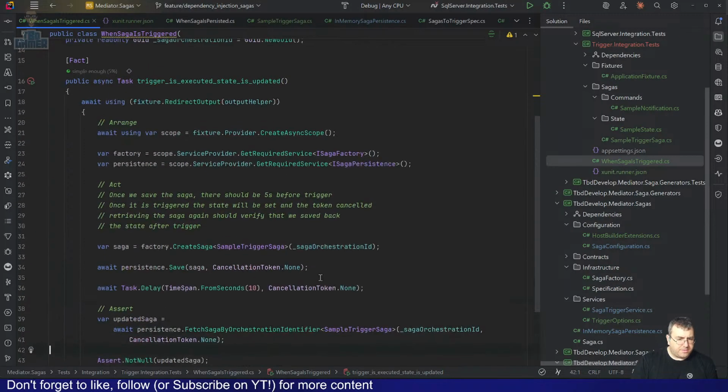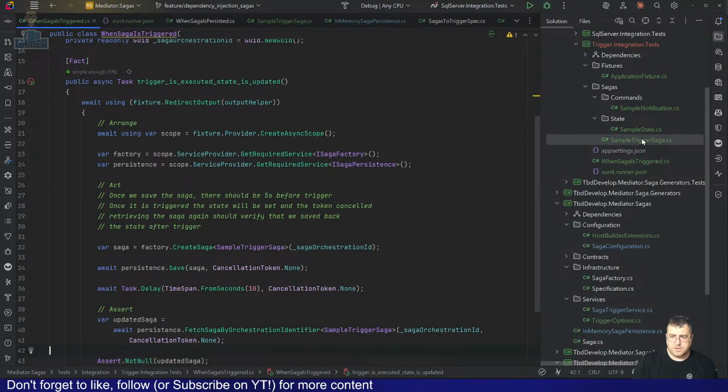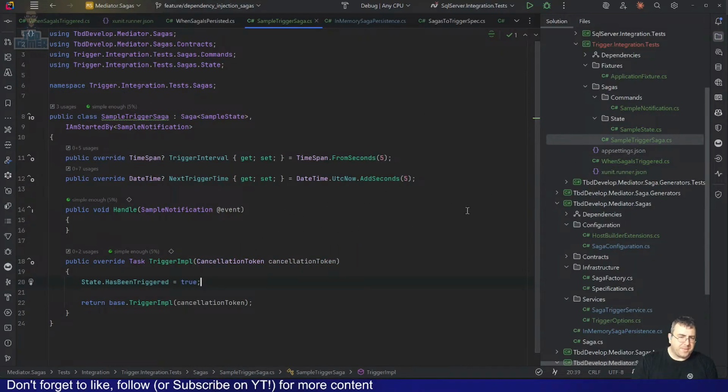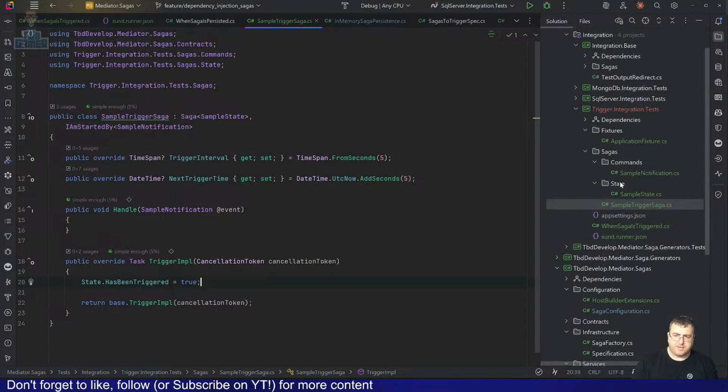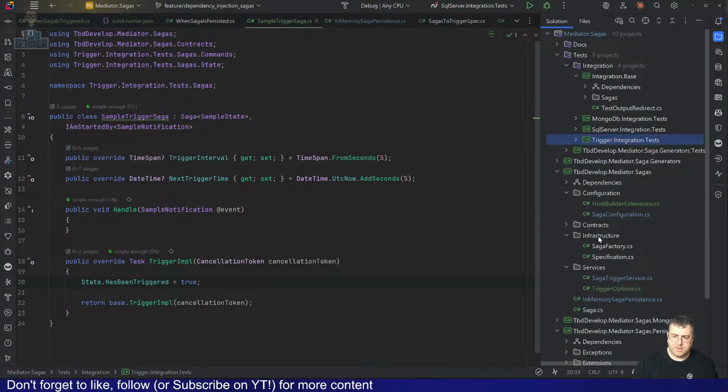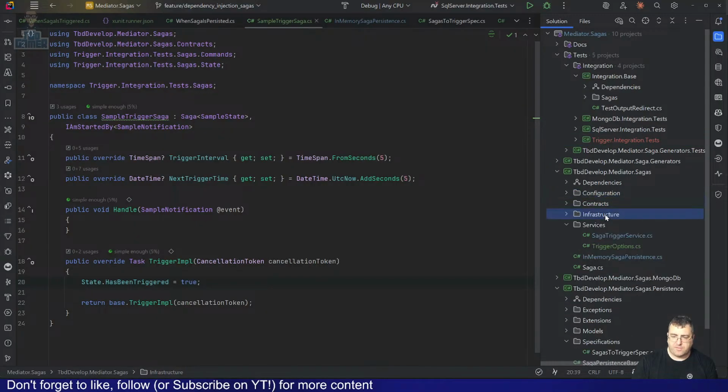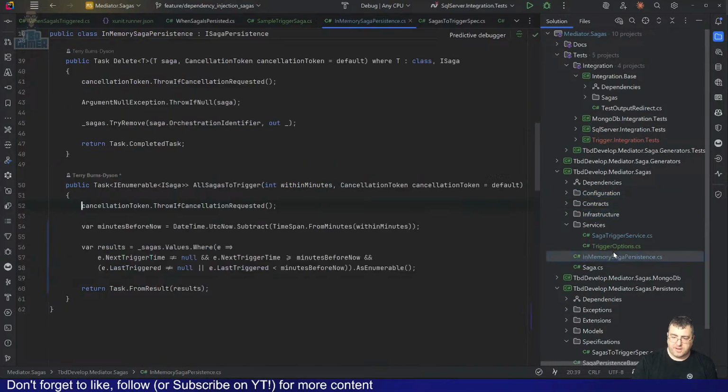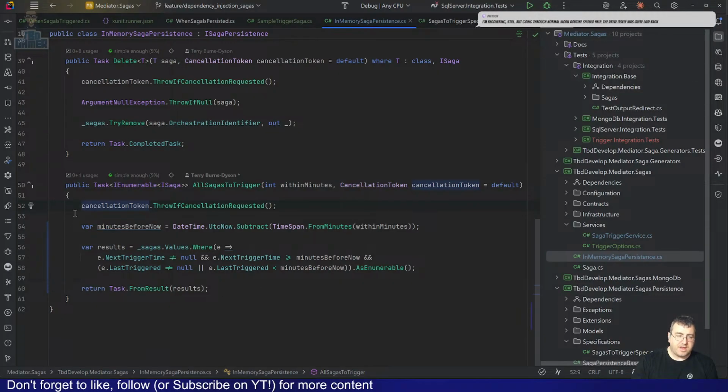Okay, so my saga. So I'm trying not to make this a contrived example. So there's two problems I have with this test right this second. Firstly, I'm actually testing the behavior in this